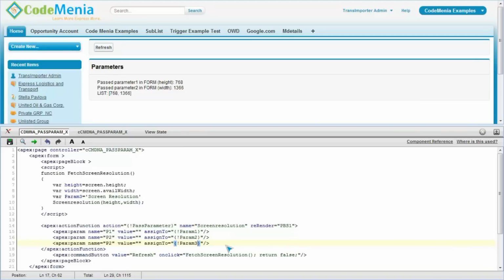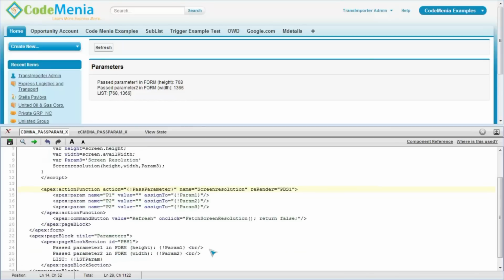Here, param 3. You'll have to place this param 3 here. Okay, this is param 3 title. Here, this should be 3. So if I save it